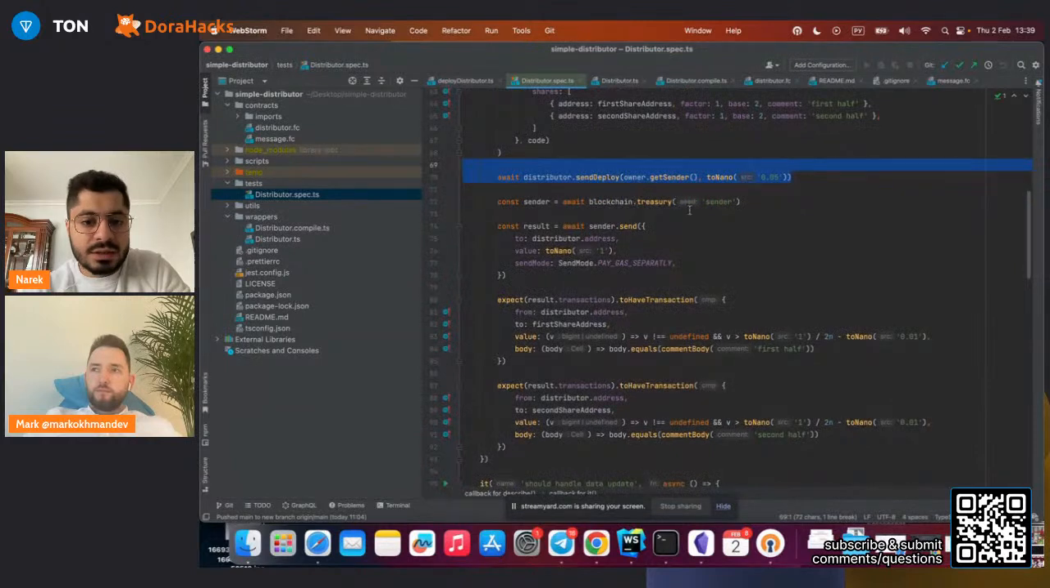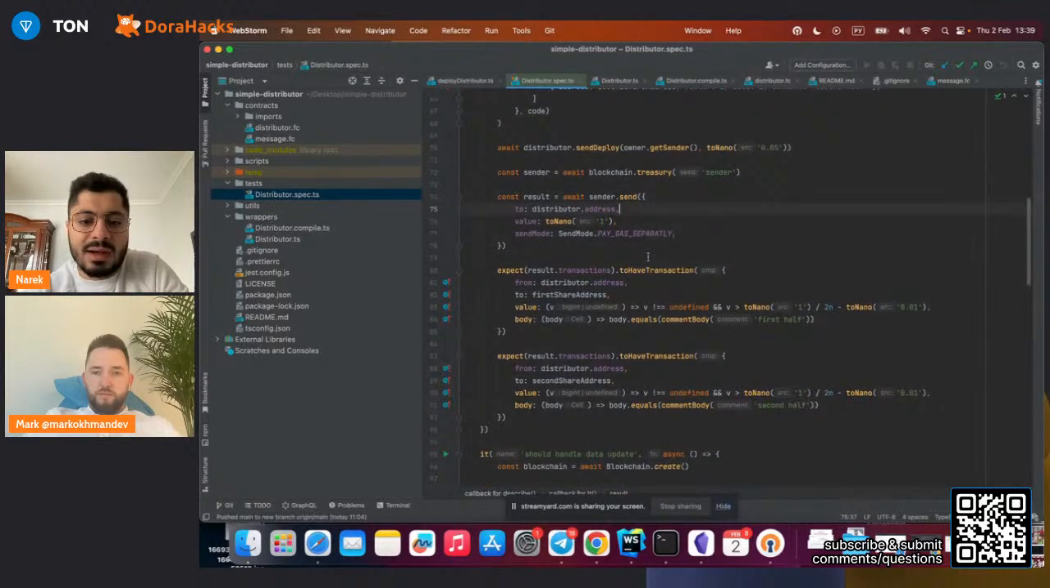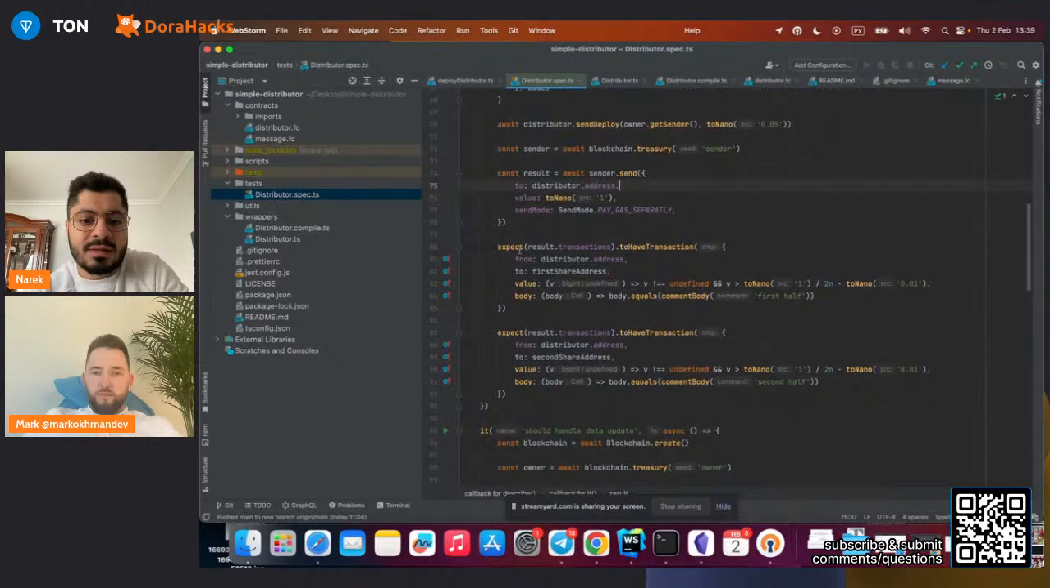We create another treasury and send 1 TON coin from that wallet to the distributor. And then we check that in the result, we have a transaction from the distributor to the first shareholder, to the second shareholder, and we check that there was some money transferred. Note that we are sending one TON coin, and we are checking that